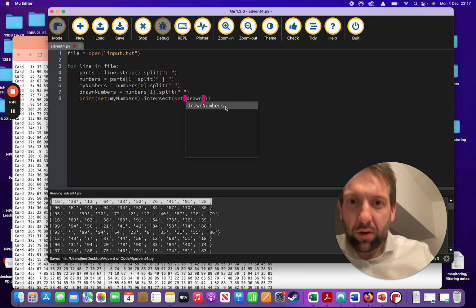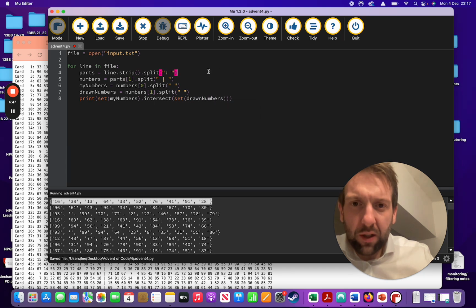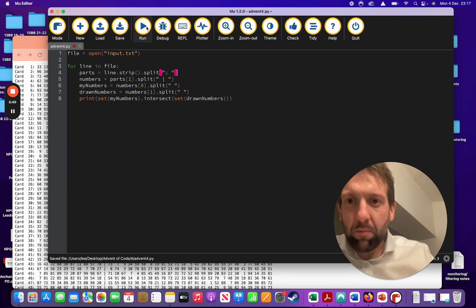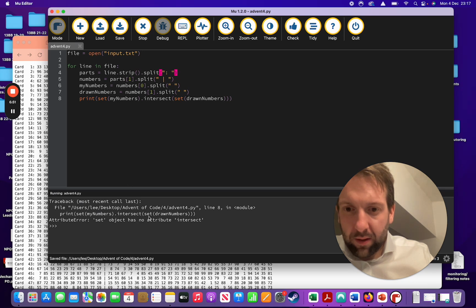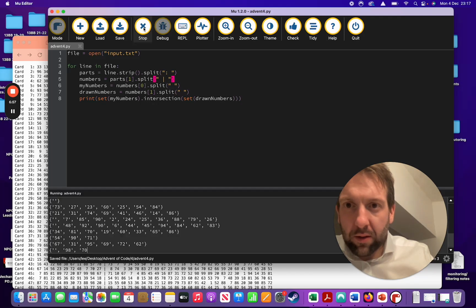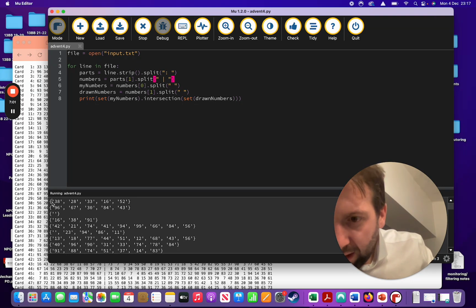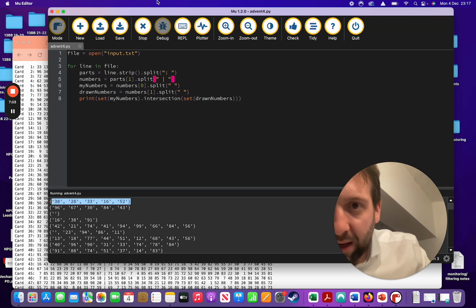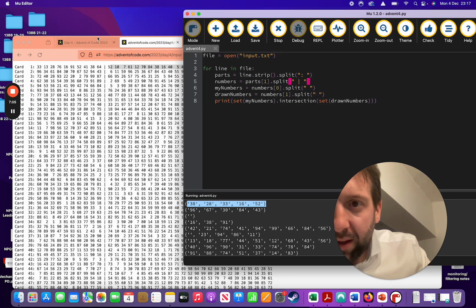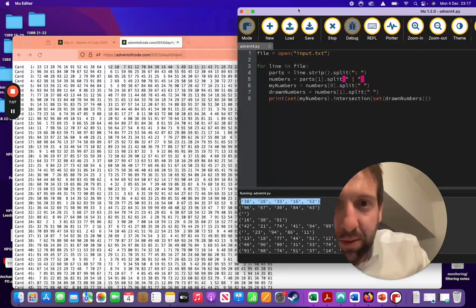Drawn numbers, and that should give me back... set has no attribute, intersection. There we go. So that has given me a set of numbers that is the intersection between those two other